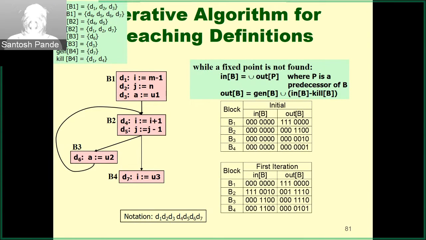If that's not feasible, in other words, we must go through the loop at least once, if that's the way the loop is written, then obviously the only definition which reaches B4 is D6 and not D3. And that makes a big difference, because if you know feasible paths, we can be more precise. In the absence of this information at compile time,